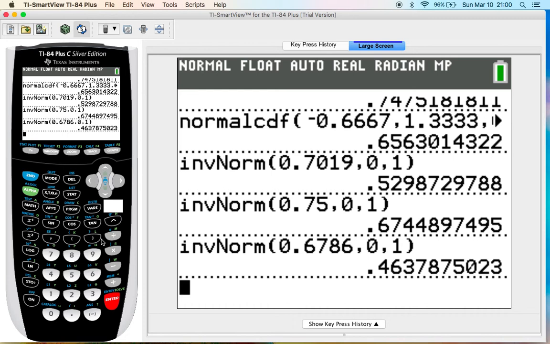And then we did the same thing again for the middle 50%, but instead of 0.6786, first we plugged in 0.25 because that was the area less than Z1. And then we just basically repeated this guy right here, 0.75, because that was the area less than Z2. So that is how you use normal CDF and inverse norm. Normal CDF you use when you've been asked to find a probability for a given value of x. Inverse norm you use when you're being asked to find the value of x given a probability. So that's it for the